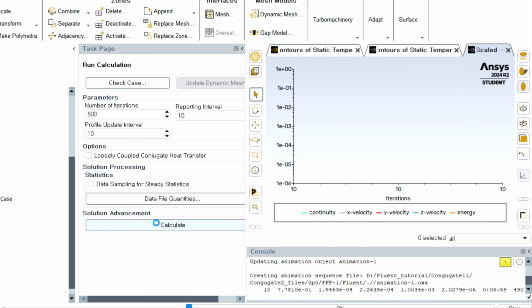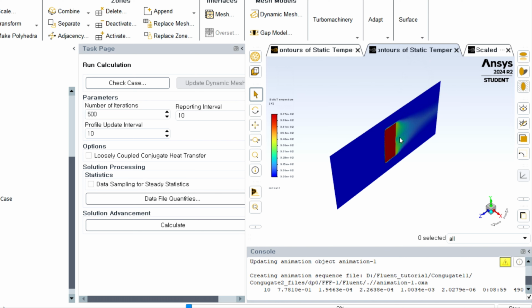That was the contour which you can visualize during the simulation process. Now you can see how the temperature is varying basically. So yeah, the next part of this tutorial maybe